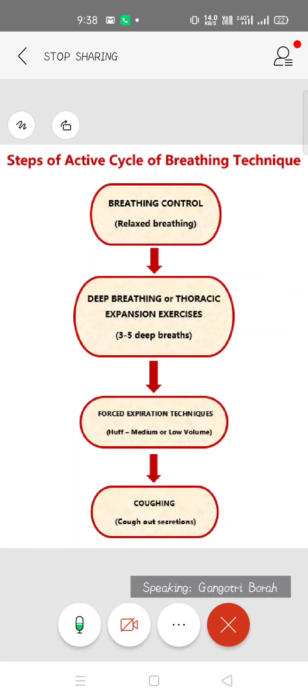First was your breathing control, where a normal breath in, normal breath out. There was no holding, just that the patient needs to focus on his breathing and keep his neck and shoulder muscles relaxed. In the second one, a deep breath in, deep breath out through your mouth, and here you need to hold the breath for about 2 to 3 seconds. And if doing this procedure the patient feels lightheadedness, then it's better to go back to the breathing control. Okay, clear on deep breathing?